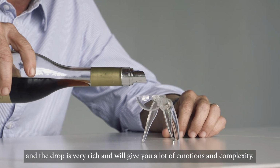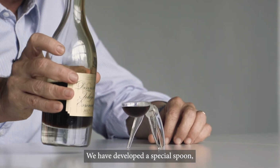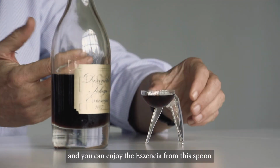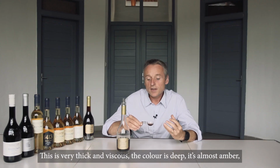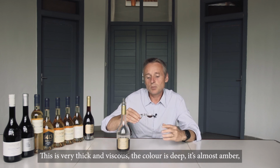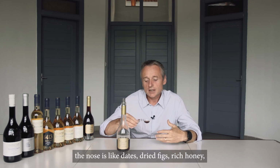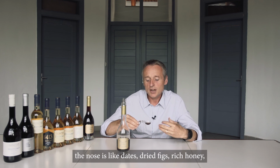We developed a special spoon, a special glass for the Essencia, which is an Essencia angel. It's an angel holding the spoon in its glory, and you can enjoy the Essencia from the spoon. So this is very thick and viscous. The color is deep, almost amber, and the nose is like dates, dried figs, honey, rich honey, but also some tea leaf like Earl Grey,